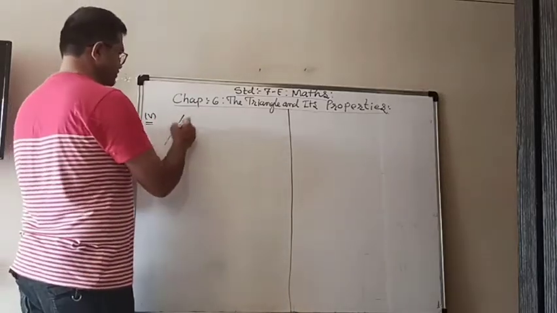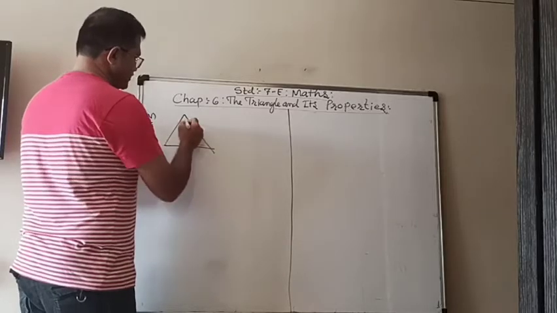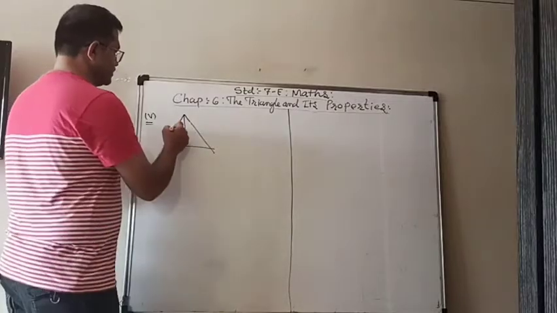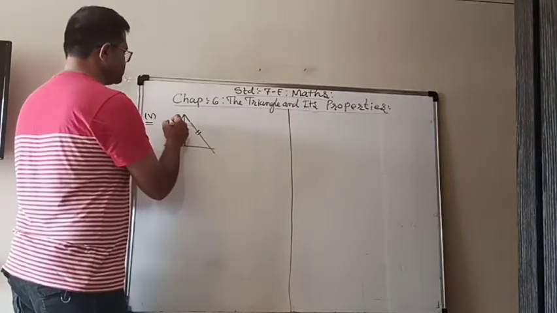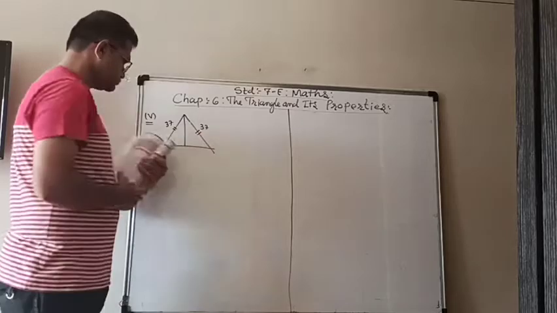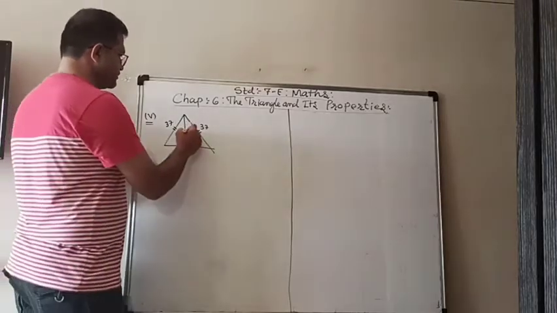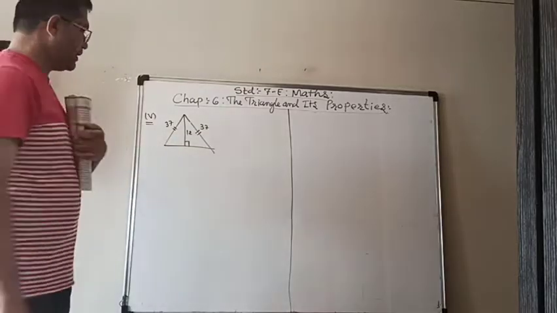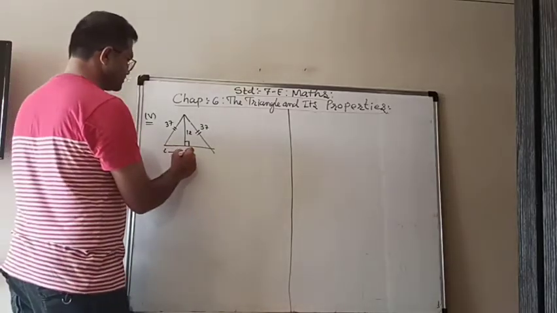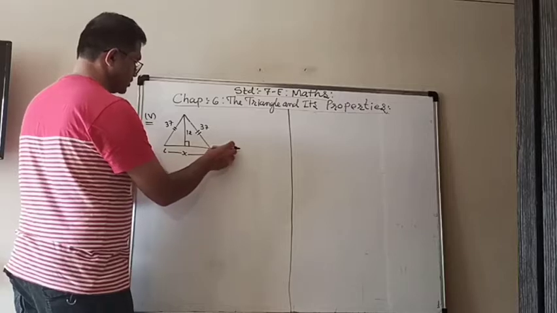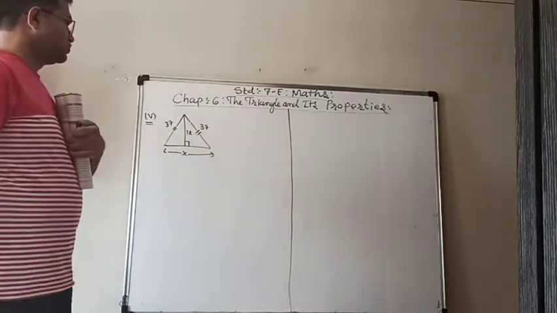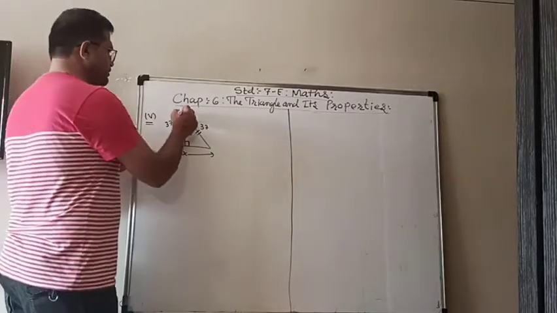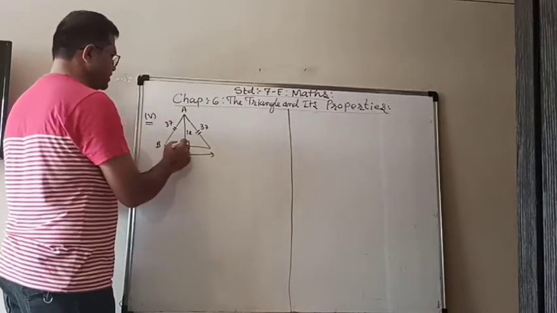Now the fifth one in the try this is a little different. So let's do that one. In which the figure is given like that. Both sides are the same, 37. And the middle line is 12 and the right angle is shown here. And we have to find the whole x.